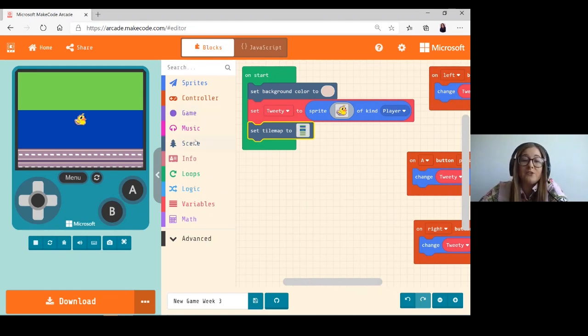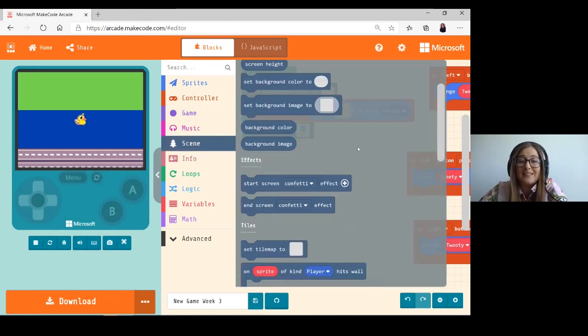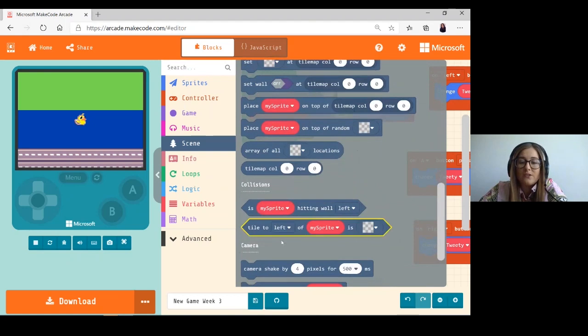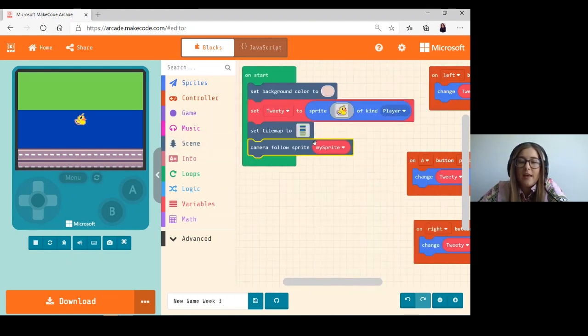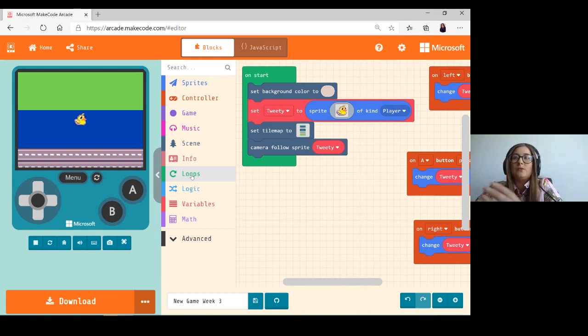So now what I need to do is, first of all, I need to get the camera to follow me, and that's in scene. So I'm going to go scene and camera follow my sprite, bring it in. My sprite's name is Tweety. Okay, and last thing then, just so we can see, we need to actually get Tweety to be on that